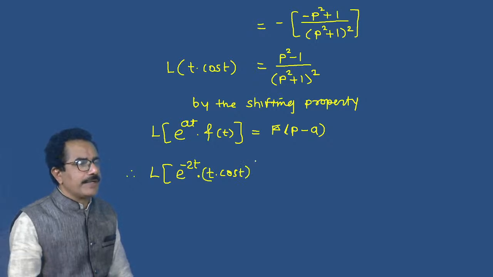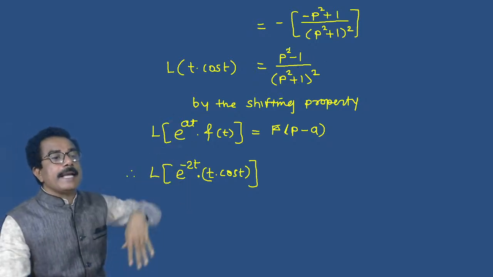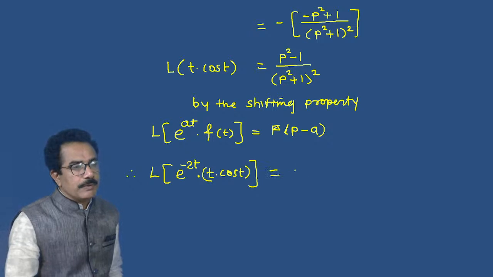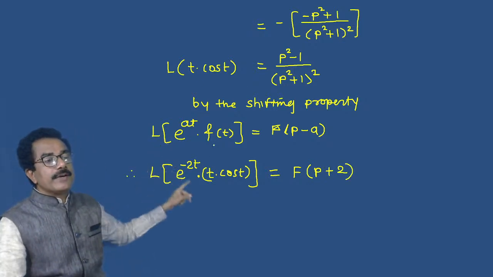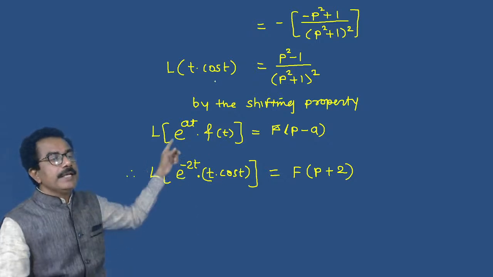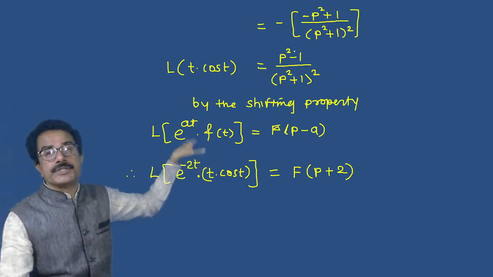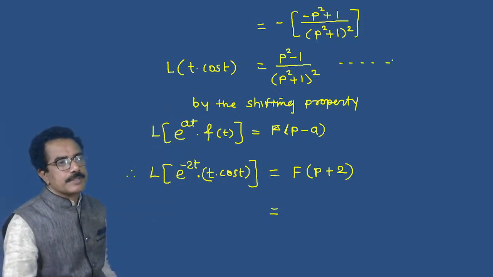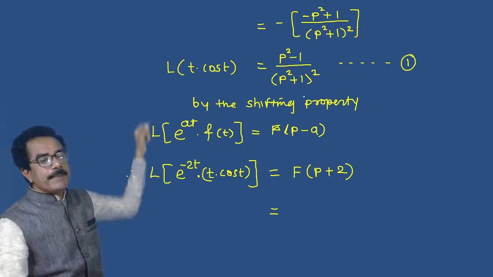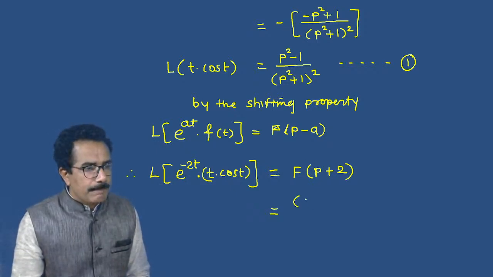Suppose this is small f of t, then its Laplace transform is called capital F of p, which is equals to capital F of p minus a, means plus 2. But in this case, the function is t into cos t, so in this case f of p means this function we have to consider. So we can write in place of this equation 1, suppose this is 1, in place of p, we have to write p plus 2. So p plus 2